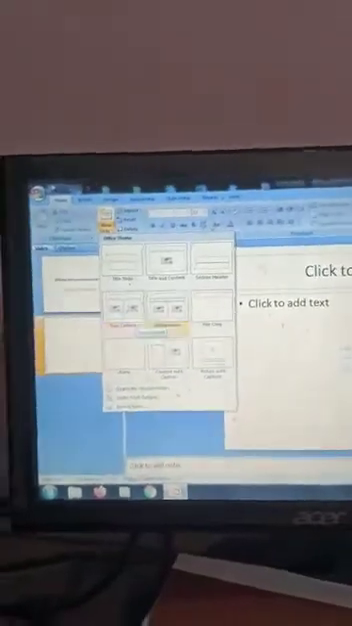Okay, then this one is slide number 1, and this is slide number 2. If you insert more, then you have to click again, and this will be slide number 3. Okay students, easily you can add